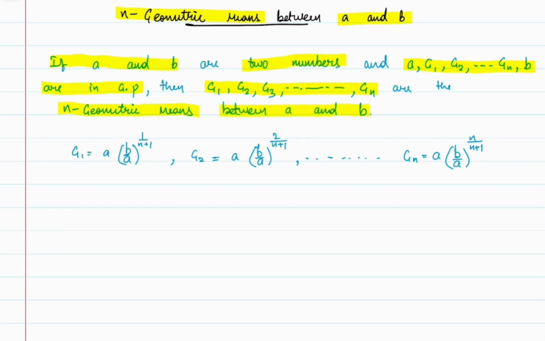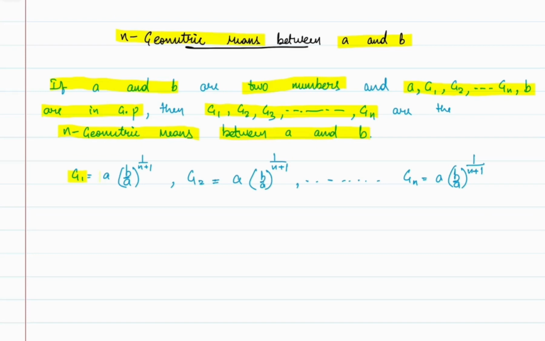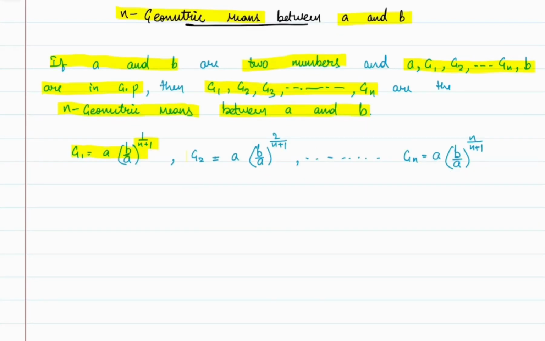They will be given by g1 equal to a into (b by a) whole power 1 by n plus 1, and g2 equal to a into (b by a) whole power 2 by n plus 1, and similarly gn will be given by a into (b by a) whole power n by n plus 1. Now since we have a, g1, g2, g3, and so on up to gn, b in GP,